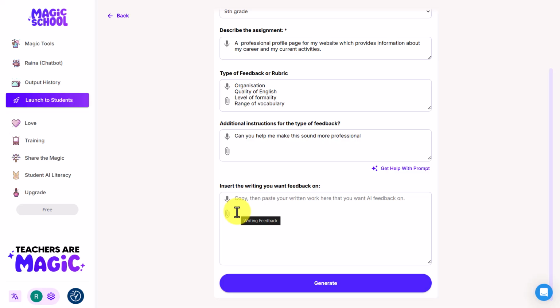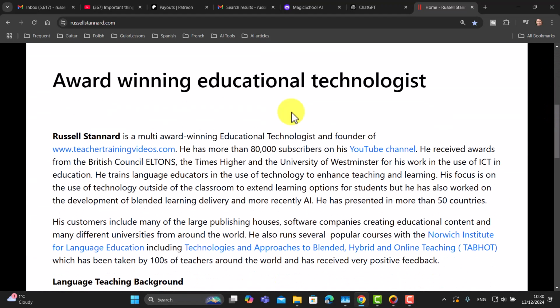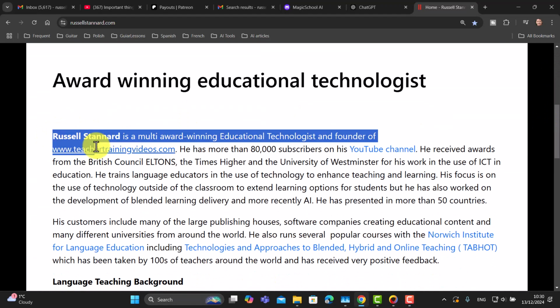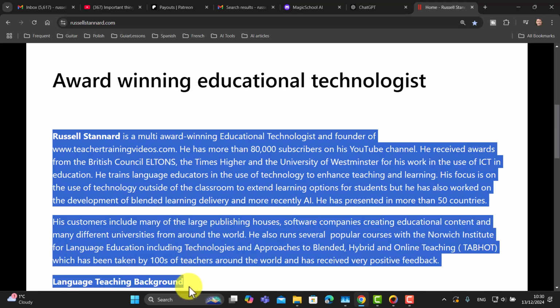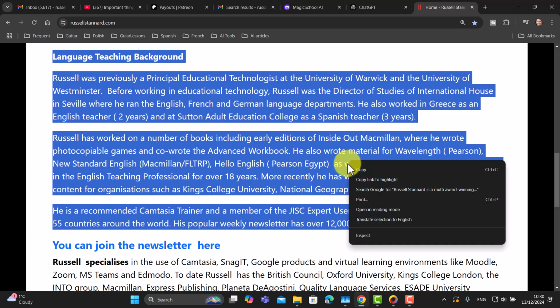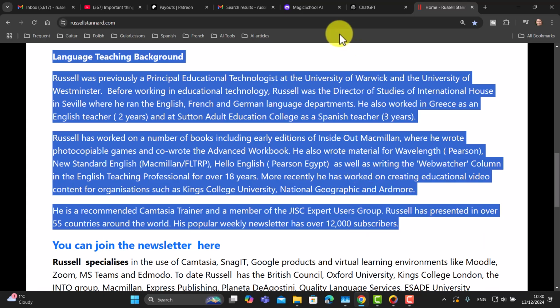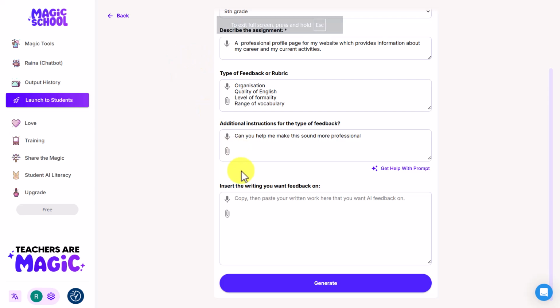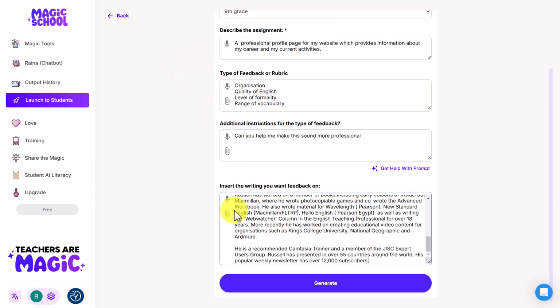So let me just do that. So I'm going to take this text here, which is actually written by me, but my writing is terrible. So I'm looking for some new ideas about how to improve it. So I'm just going to copy that text. I'm going to come back to MagicSchool. And all I need to do now is paste the text into MagicSchool. So I'm going to paste that text in,